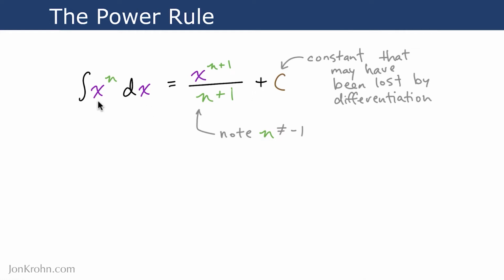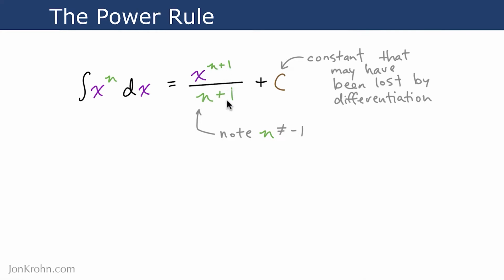So if we're integrating this function here, which is x to the power of n, then according to the power rule, this becomes x to the n plus 1 divided by n plus 1. So the power rule for differentiation went the other way. If we had x to the n and we differentiated, that equation became x to the power of n minus 1, and we had n in front. Here, with the power rule of integration, we have x to the power of n plus 1,